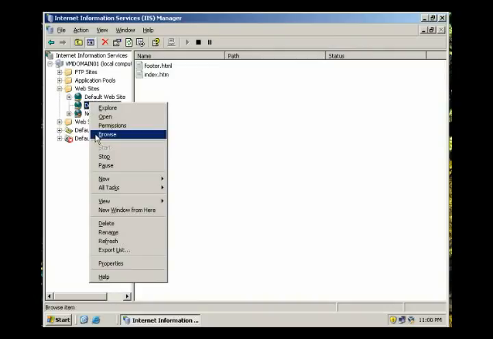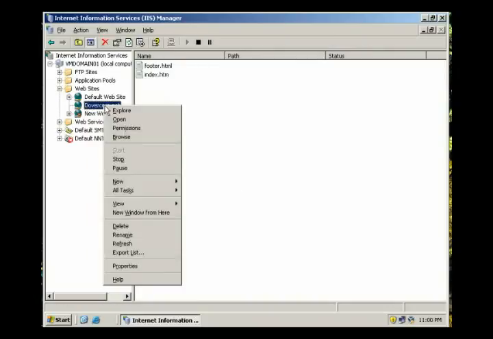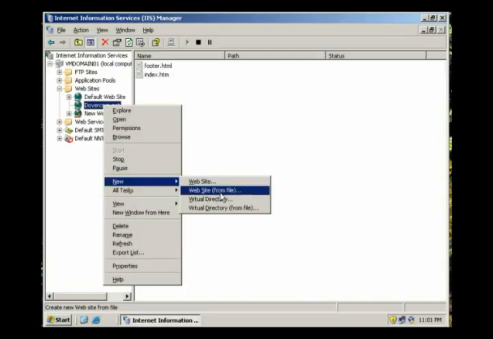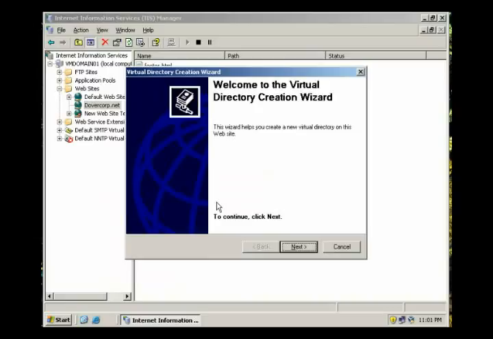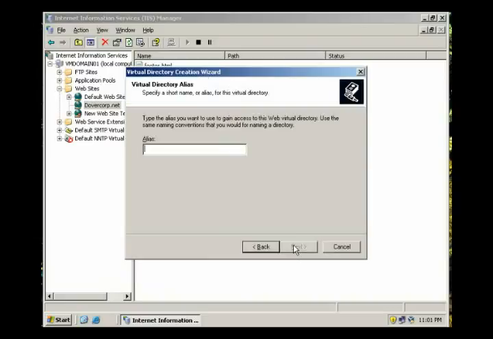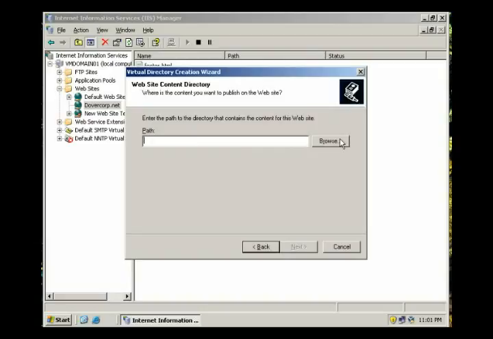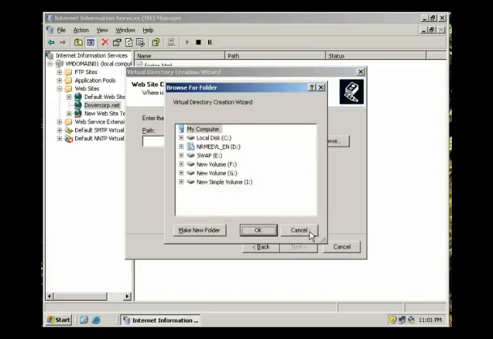We're going to right-click on it, and we're going to say New, and we're going to say Virtual Directory. This will open up the wizard that it talks about in number 5, and we'll say Next, and it says alias. We're going to type customers, and path is going to be